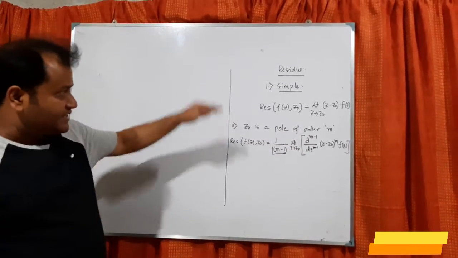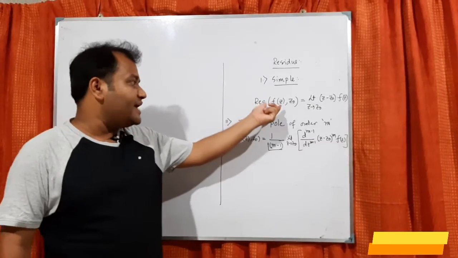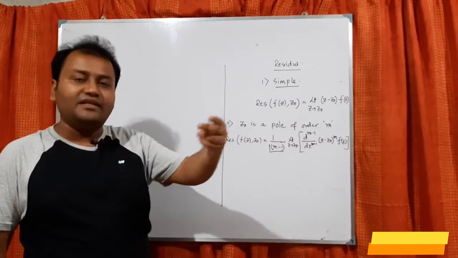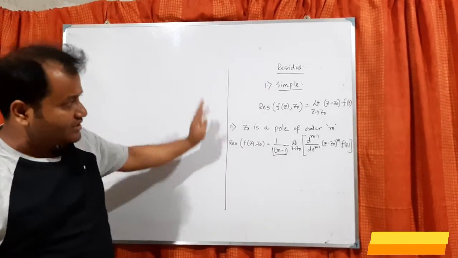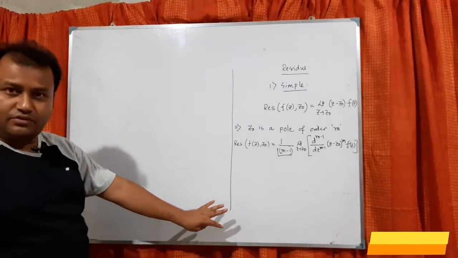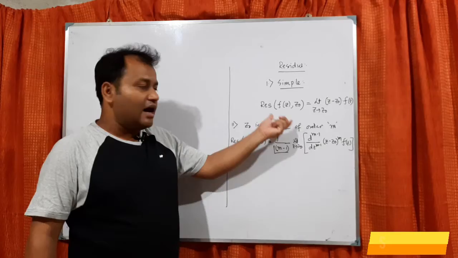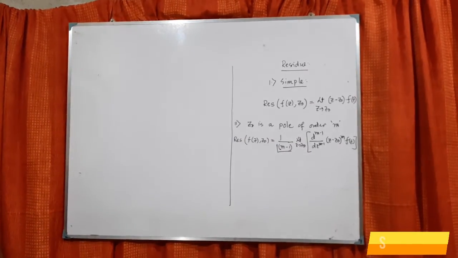There is a nice derivation for this residue, how this formula comes or why this is called a residue. I can try to cover this derivation in some other video. This video is only for the formula part. So try to understand how we can calculate this residue. Then we can create another video where we discuss how this formula is derived. Now let us do some examples.